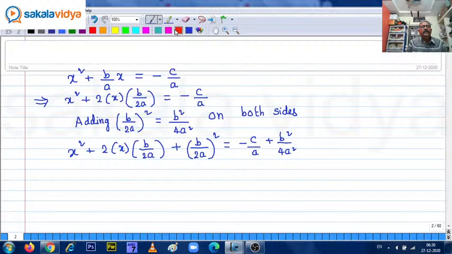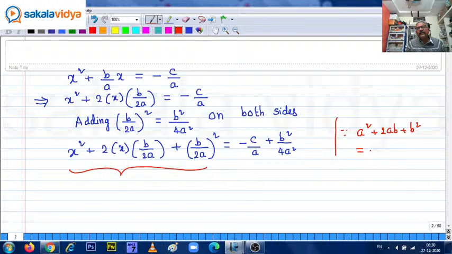Now if you observe the left hand side, it is in the form of a square plus 2ab plus b square. It is nothing but a perfect square, which can be put in the form of a plus b whole square. Here a stands for x, b stands for b by 2a. So now this can be written as x plus b by 2a